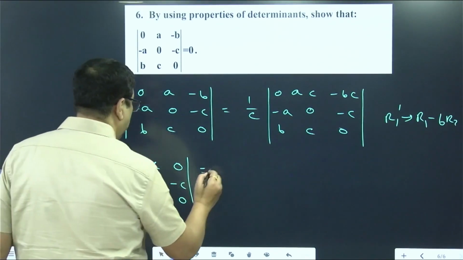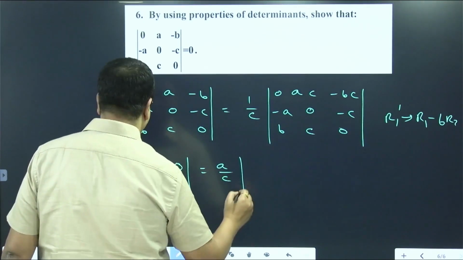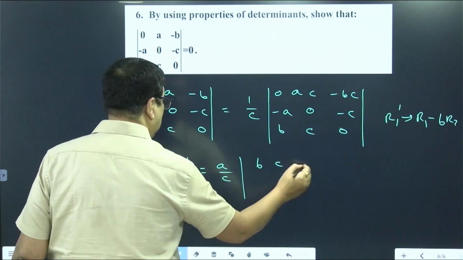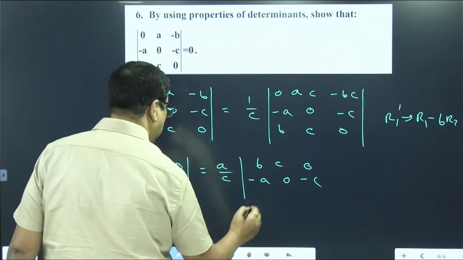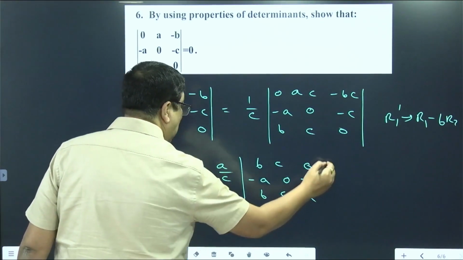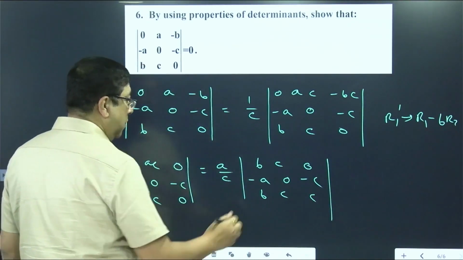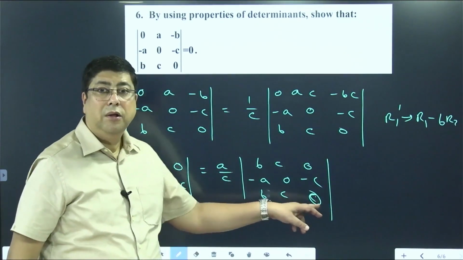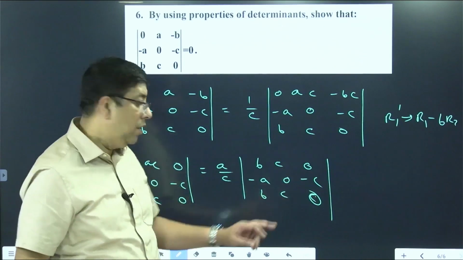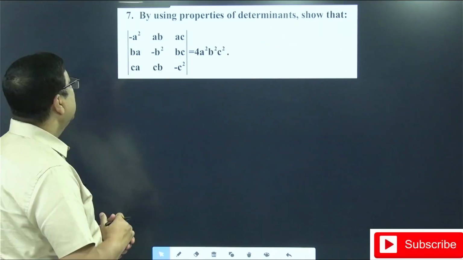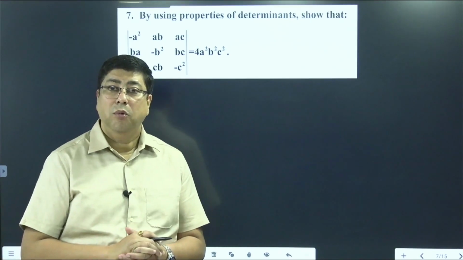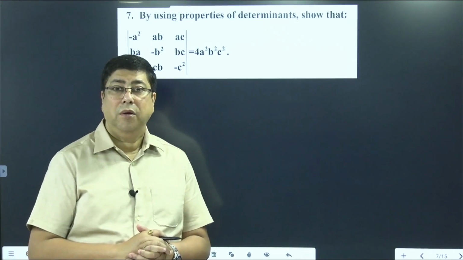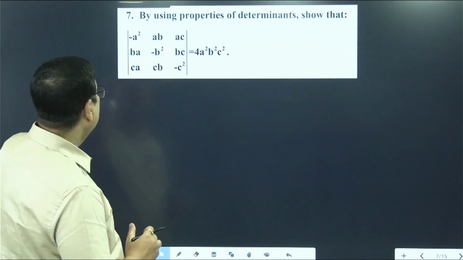Now if we take A common, so A by C, we are getting BC, 0, minus A, 0, minus C, that is BC, 0. So we are seeing here that row number 1 and row number 3 are identical, therefore the determinant is coming 0. In this sum, everybody, we are solving the NCERT book, exercise number 4.2. So in this sum,